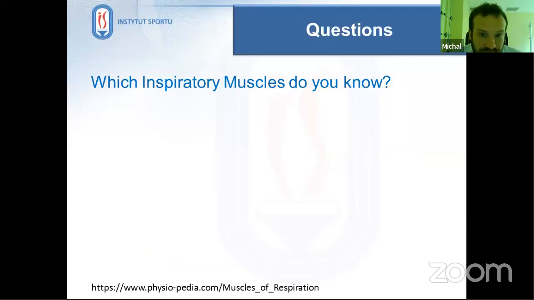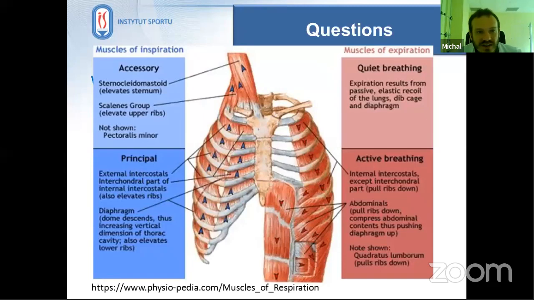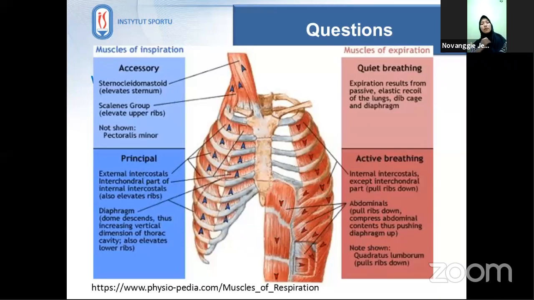Which inspiratory muscles do you know? That could be a question if you are together in one class. We have principal and accessory muscles. If we talk about expiration muscles, this is a passive act of breathing. For active expiration: intercostals, abdominal muscles, and quadratus lumborum. But for today's lecture, we will focus on the inspiratory ones. So principal: the external intercostals, the main ones used for active inspiration, and the diaphragm. These two muscles are mainly responsible for active inspiration, and these are trained in inspiratory muscle training,